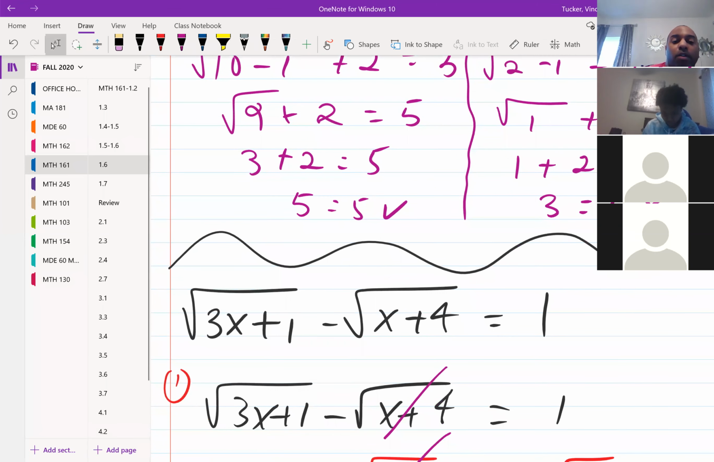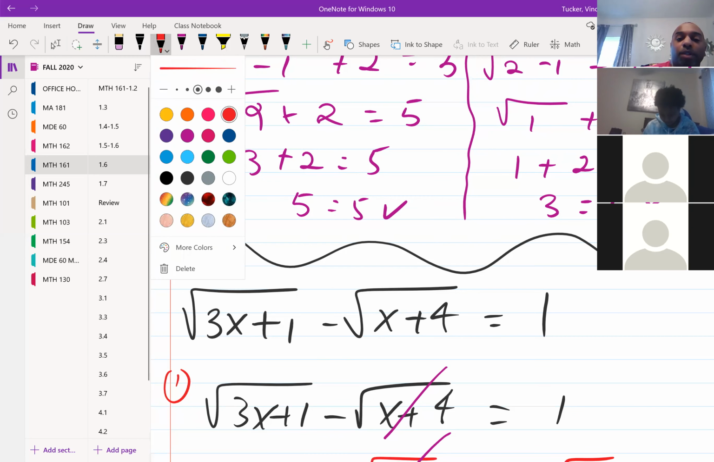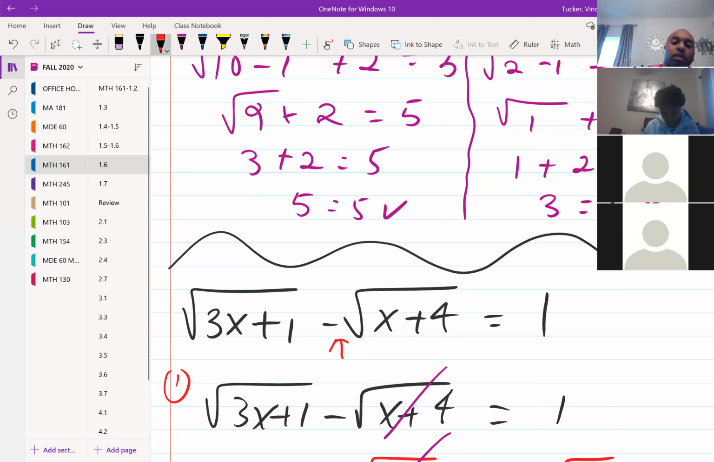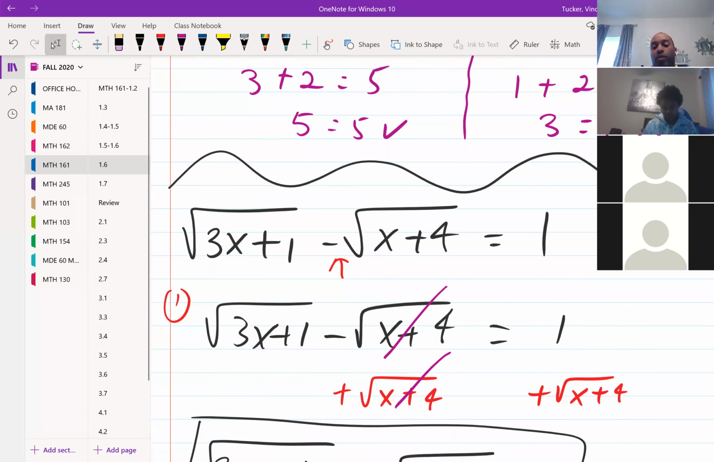So notice that we have two different radicals. We can move either one of the radicals. It doesn't matter. We just need to figure out which one we want to isolate. Remember, the first step is to get one of the radicals on one side by itself. The easiest one to move would be this one, the negative square root of x plus 4. Because it's negative, what we would do is add the square root of x plus 4 to both sides